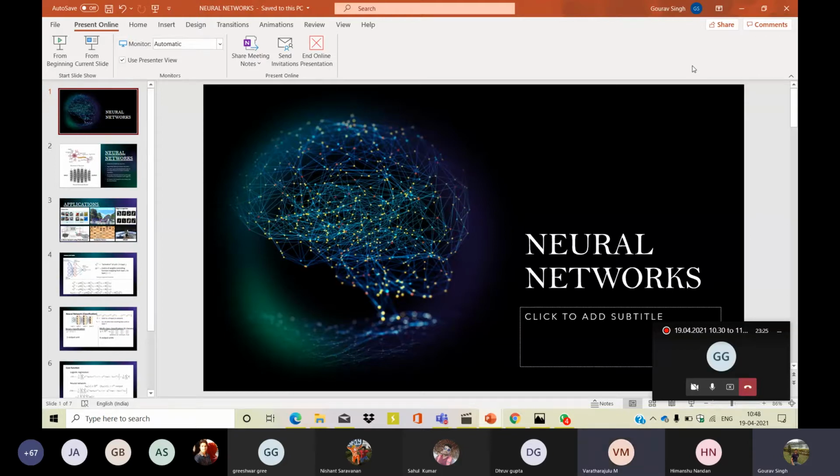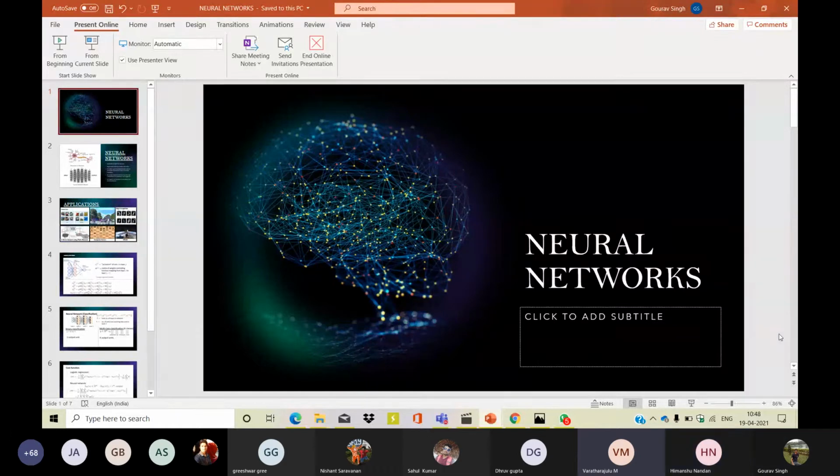Gaurav, just a minute. Press F5, Gaurav. Minimize your MS Teams window and then press F5. Himanshu Nandan, your presentation is not visible to everyone. When you were presenting, it was on the first slide alone. Anyway, we are going to upload the presentation, but check whether the presentation is moving or not. Sir, can I share the presentation in the chat box?